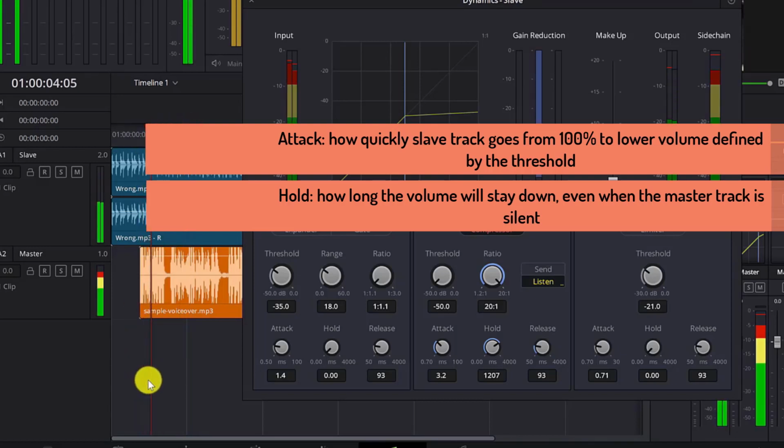I'm recording this voiceover example so you can hear it when no auto-ducking or sidechaining is applied, and then